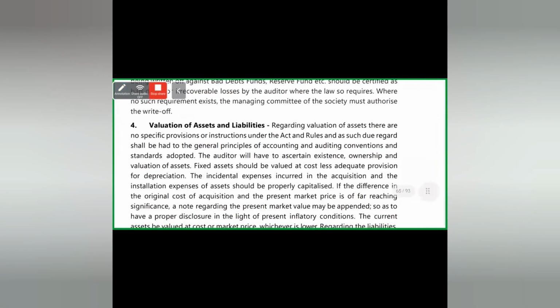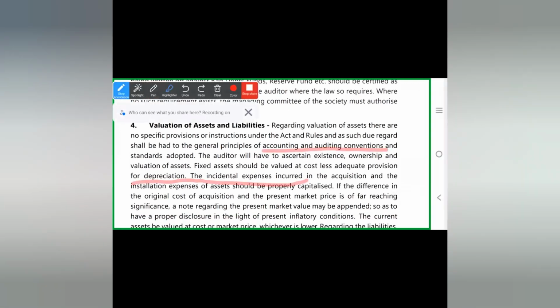In case of valuation of assets and liabilities, no specific provision or instruction under the acts has been given. So the auditor will have to ascertain existence, ownership and valuation of assets. Fixed assets should normally be valued at cost less provision for depreciation. Incidental expenses incurred in acquisition and installation of assets should be properly capitalized. If the difference between the original cost of acquisition and the present market value is of far-reaching significance, a note regarding the present market value may be